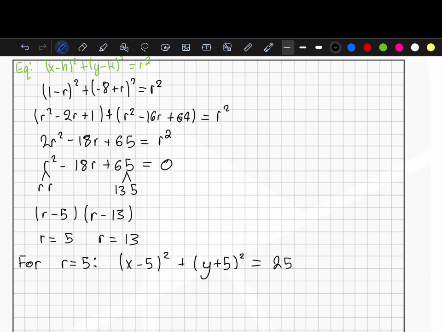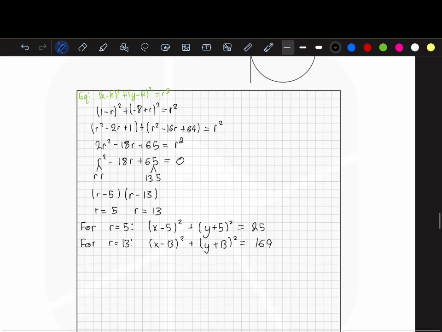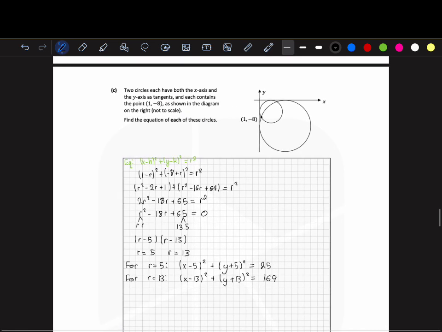And then for r is equal to 13, I'm going to get (x - 13)² + (y + 13)² = 13², which is 169. So although it looks daunting, these questions come up every so often. If you just know them off by heart or you're used to seeing them, it's handy marks, because you literally just plug in